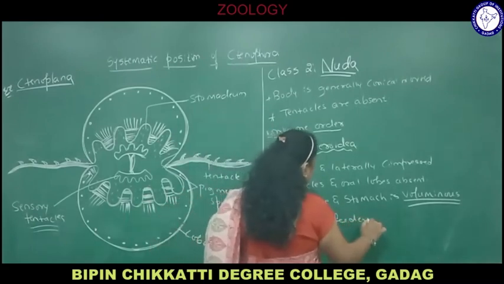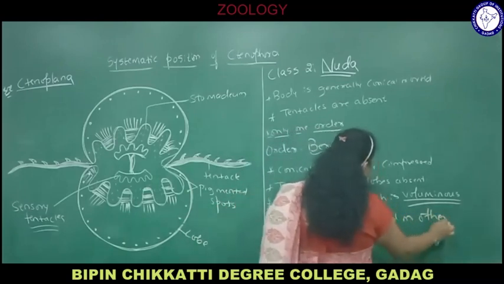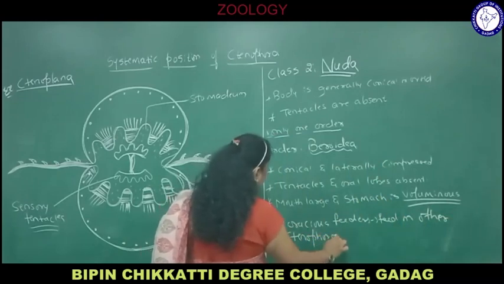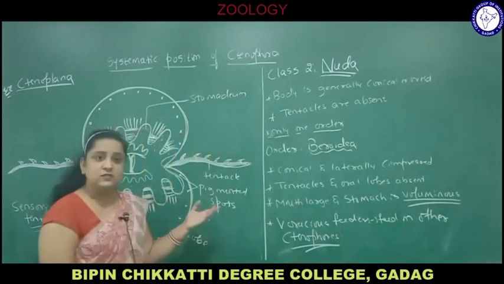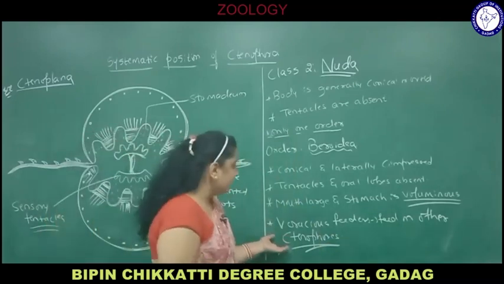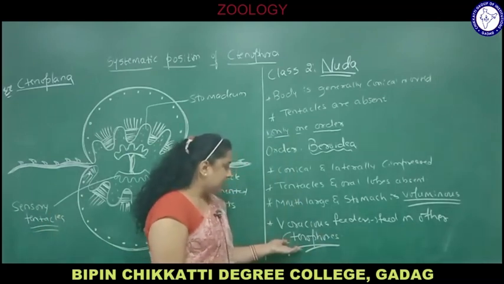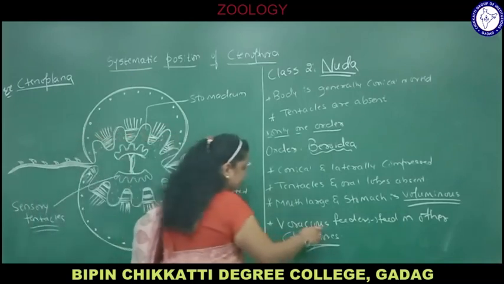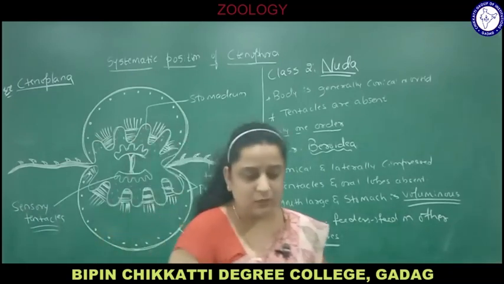Voracious means they feed on other ctenophores. They capture the prey, but the prey are the same kind of animals belonging to phylum Ctenophora. A voracious feeder means they always feed on different animals of phylum Ctenophora. As you know, they depend on prey, and they capture it with the help of colloblast cells, the adhesive cells present on the tentacles. The meaning of voracious is they feed on other species of Ctenophora.